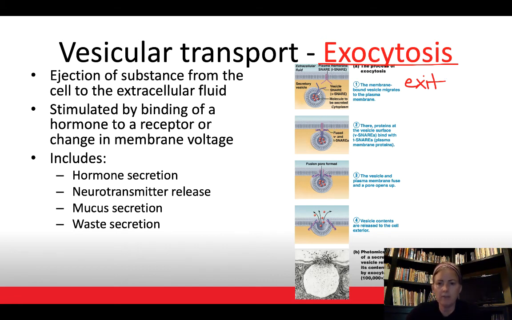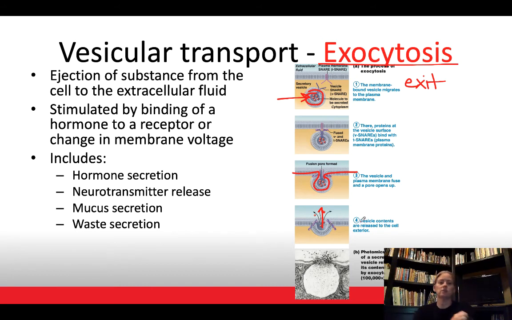So here we have another example of a vesicle, and we would call this a secretory vesicle because we're getting ready to secrete those substances to the outside of the cell, and it basically fuses with the plasma membrane of the cell. So the vesicle here is going to end up fusing with that plasma membrane, so it can now release its contents